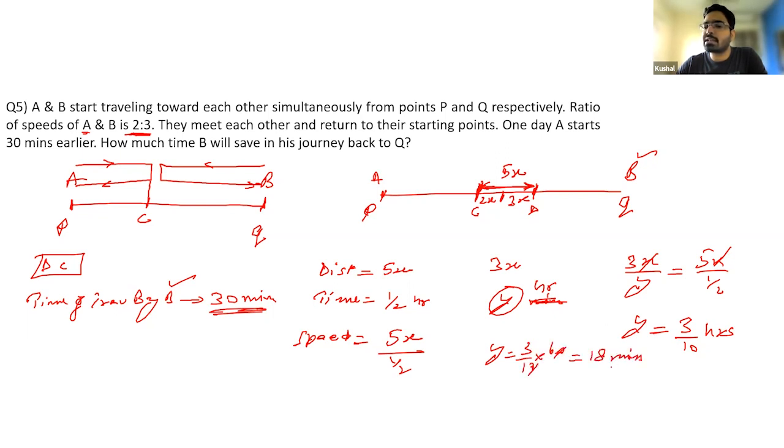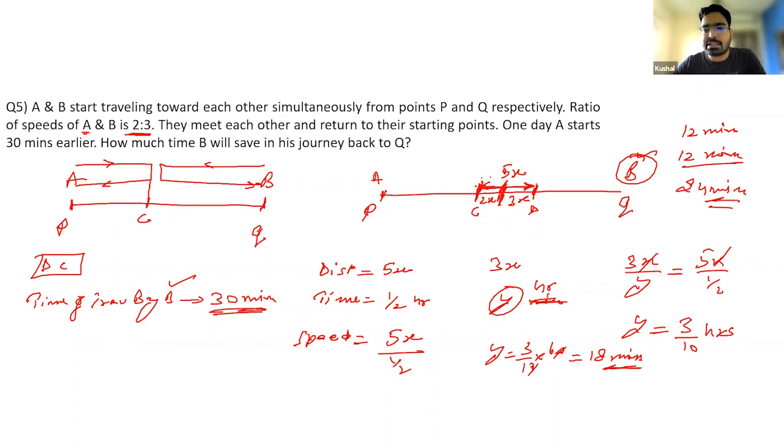Now understand this thing. Ideally, he would have taken 30 minutes to meet this person, but now he's only taking 18 minutes to meet this person. So how much time is he saving? B is saving, in one way of the journey, 12 minutes. So overall journey from B to this particular point and then returning, he would have saved twice that amount of time. So that's going to be 24 minutes of time that has been saved by B in the entire journey,